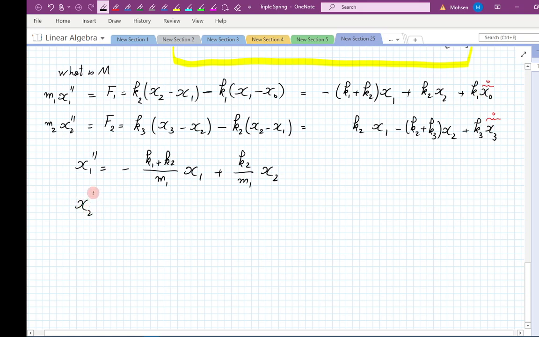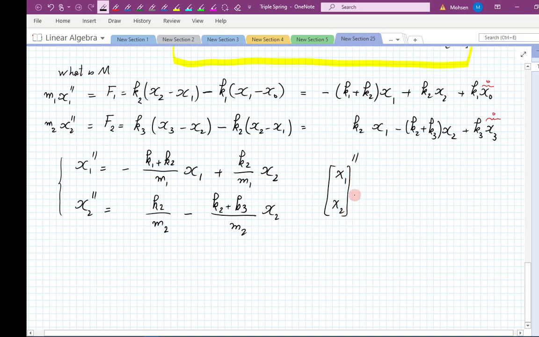We have enough complications. So x2 double prime starts with K2 over m2, minus K2 plus K3 over m2, and then that's also x2. If you want to pack it, x1 x2